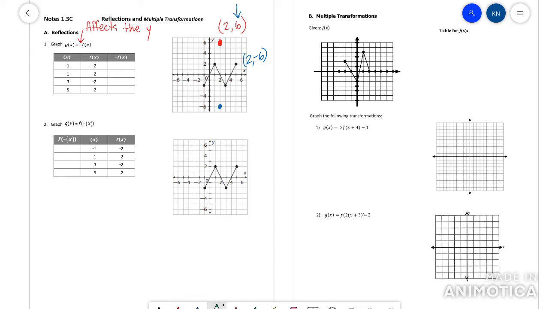Now, the thing that I'm trying to get you to understand is, yes, it affects the y, but look at what it reflected across. It's a mirror image from here to here across the x-axis. So even though it affects the y, it reflects across the x-axis. That's a really important